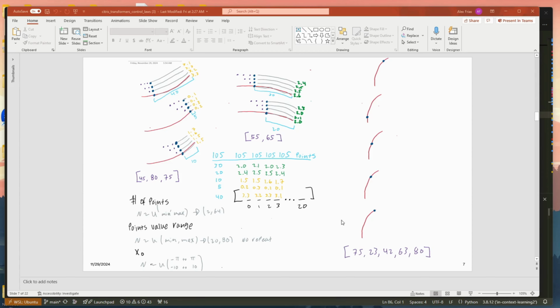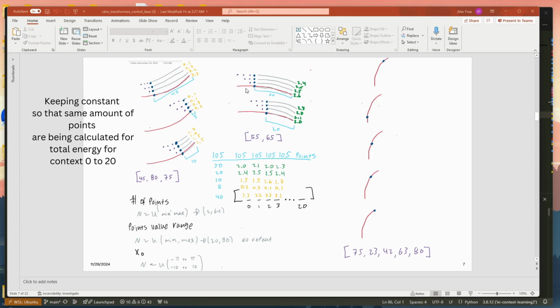And then there's this whole one where now it's 5 points, and these are the ranges or values here. I just didn't add it here because it's just the same thing. I ran out of space. And this is valid. So I'm keeping this constant because let's say I did